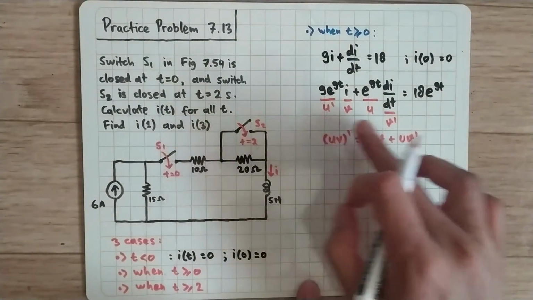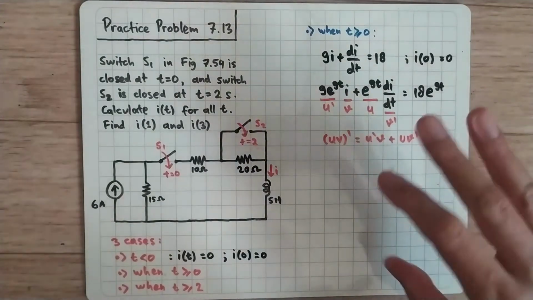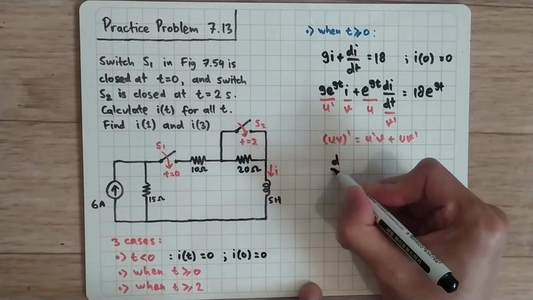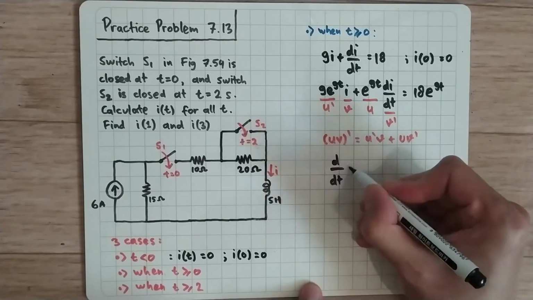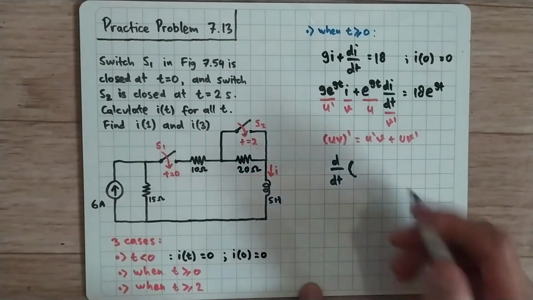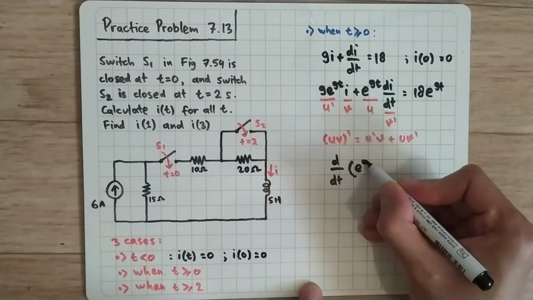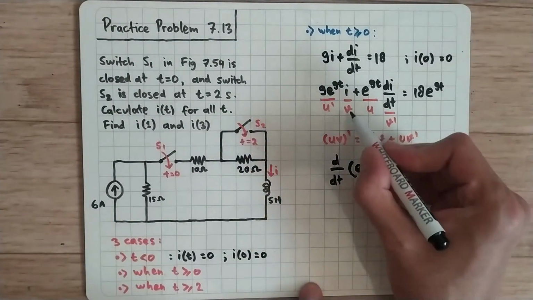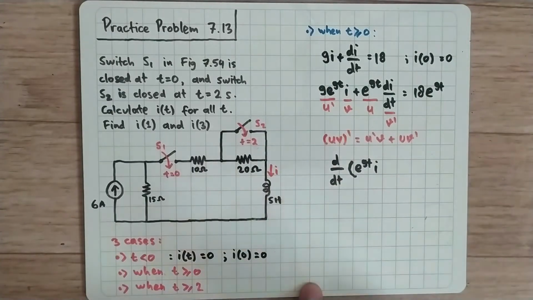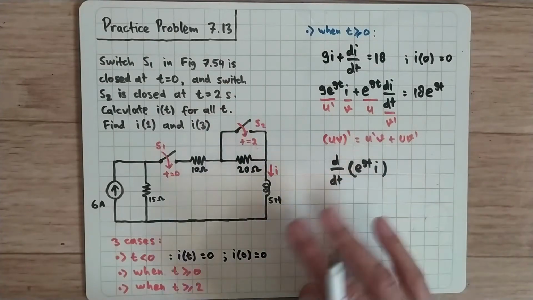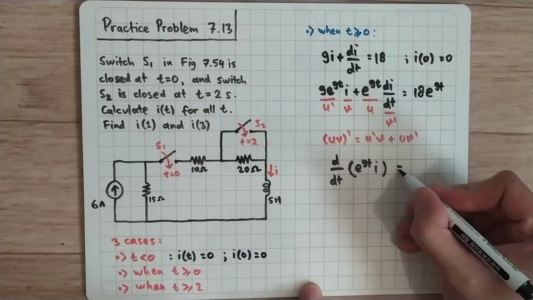So this can be written as a derivative of a function multiplication. So let's do that: d over dt of u times v, where u is e to the 9t and v is i. So I will have i here. This is the left hand side, and the right hand side is still 18